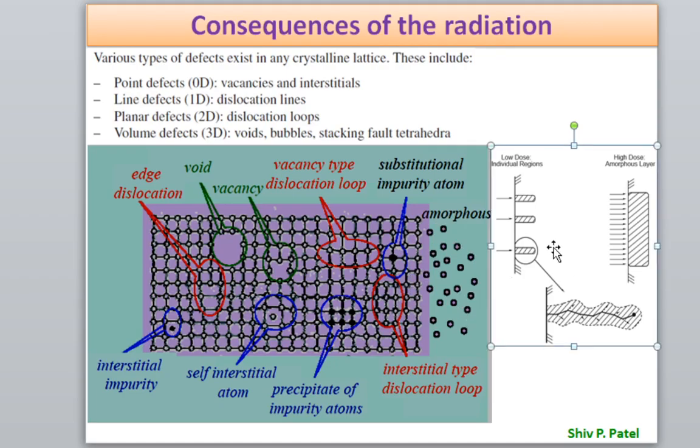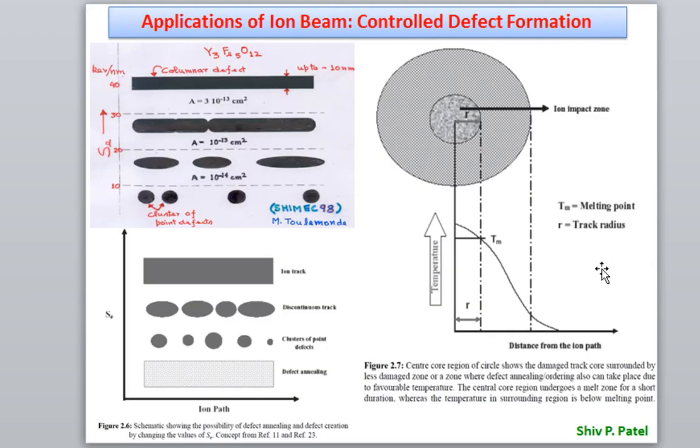Depending upon the dose, as I have discussed, the ion species and ion energy will decide what type of defect will be there, and the fluence will decide how many defects will be created. If it is low fluence, in an individual region one ion is hitting, creating an amorphous region and defects. So this is the cascade you have seen. If it is high dose, the whole sample may become an amorphous region. This is basically due to what I have shown.